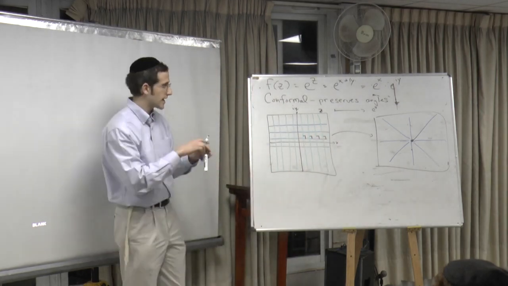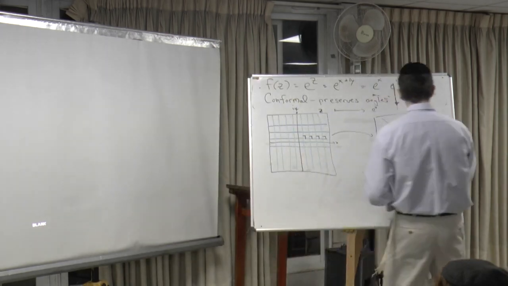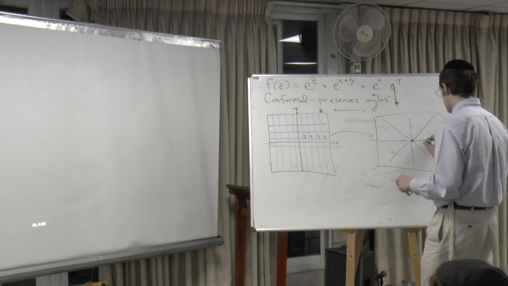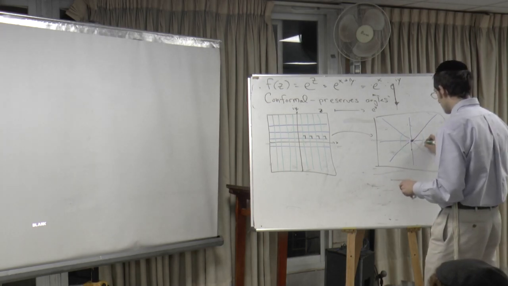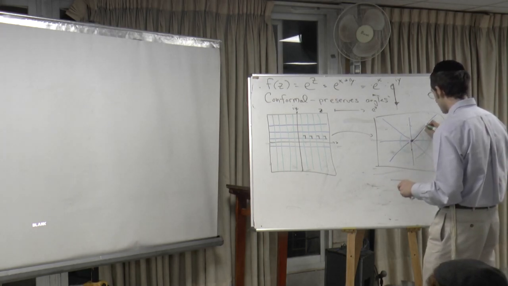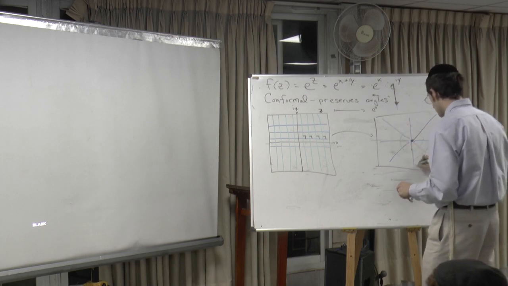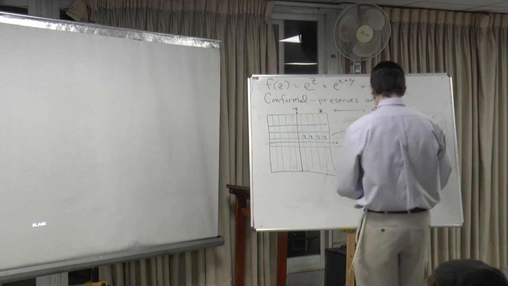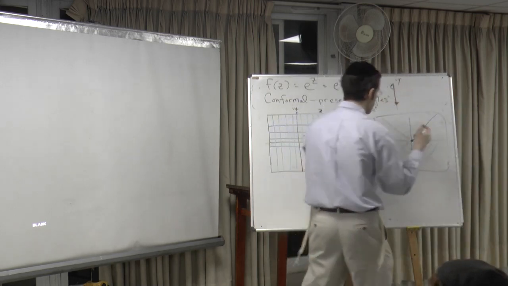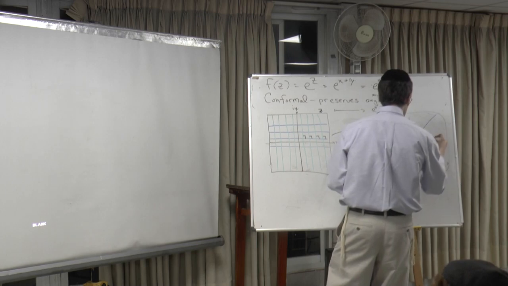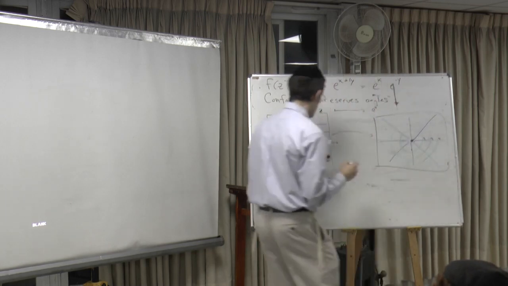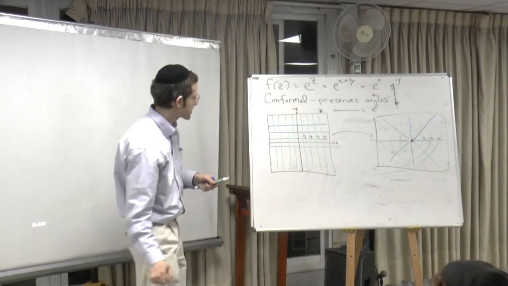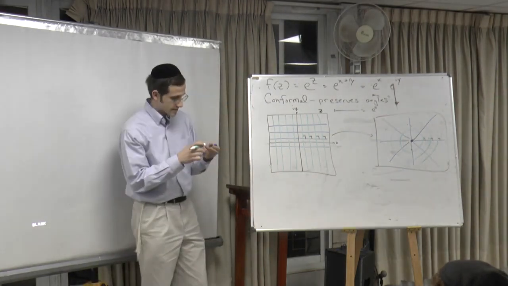So now if we draw lines in this plane which are at right angles to the radial lines, you can see in this picture that the angle is preserved. Okay? So now once you see that the green lines go to a circle, it just takes a little bit more work to see,